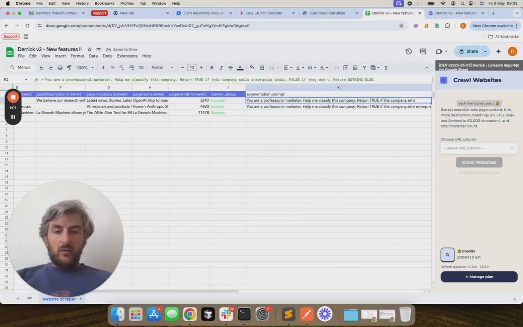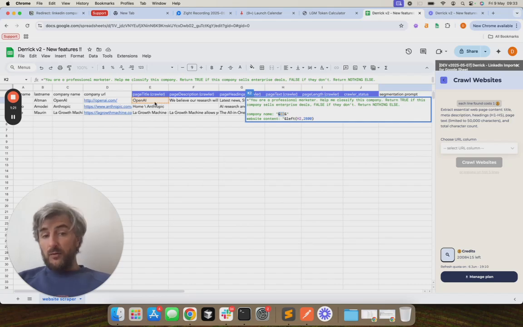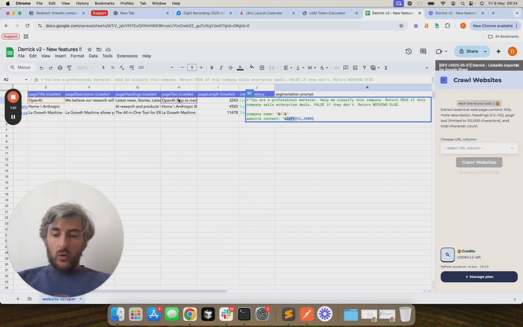I basically created a very simple prompt that says, you're a professional marketer, let me classify this company, return true if the company sells enterprise deals, false if they don't, return nothing else. Then I give them the company name and reference the E2 cell, basically the name of the company, and then the website content. You can see that I added the left function. Left basically takes the left characters up to 2,800, because I just want to take the first 2,800 characters coming from the page text, the complete text of the page. Why? Because